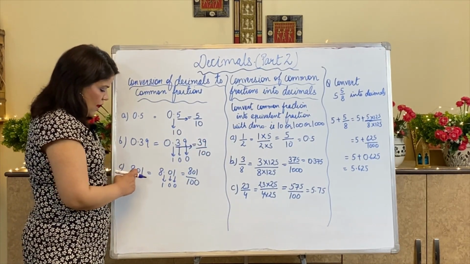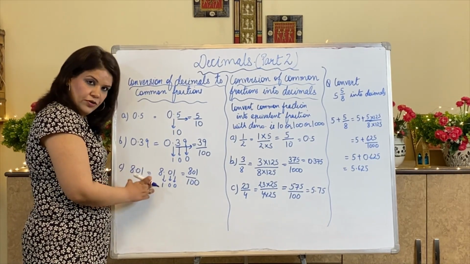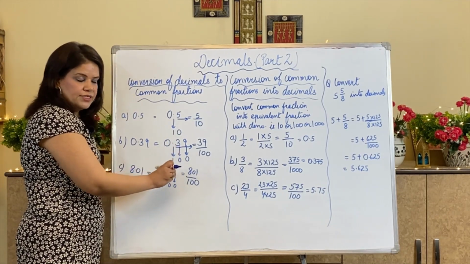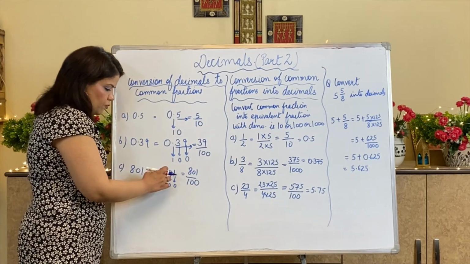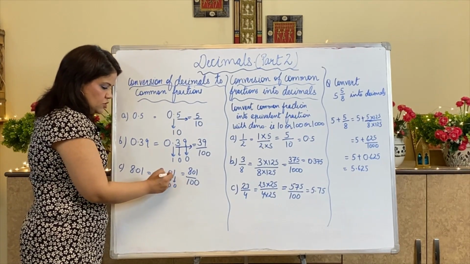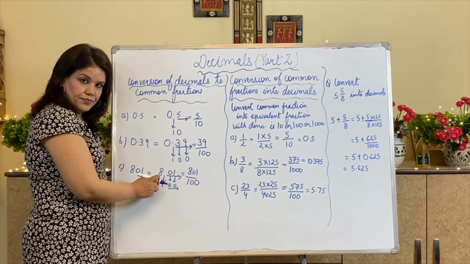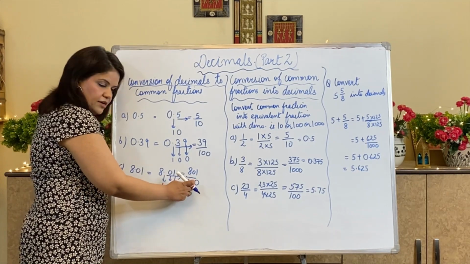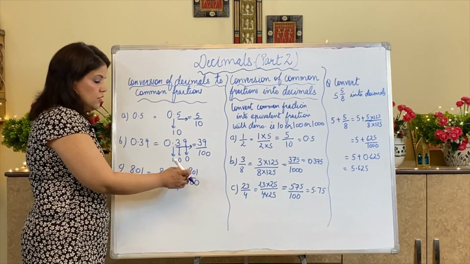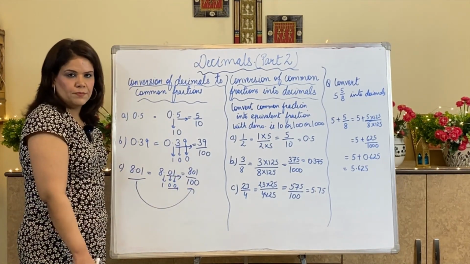C part. Again I have 2 decimal places after the decimal point. I will withdraw my denominator and then I will write the numerator without the decimal. How will I withdraw? The point will be replaced by 1. These 2 digits will be replaced by 2 zeros. So this is my denominator. Understood? So when I write the denominator, the numerator has to be written without the decimal. So I have moved from decimals to fractions in this way.